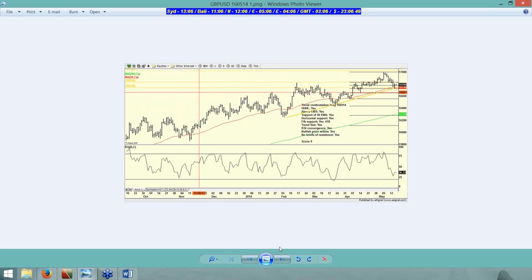Okay, your cable trade going long. Yeah, you got everything there. You didn't pick up on the hidden divergence, and I think you're going in a little too early on that bar. You need to see that second bar. So the trade was yesterday, but otherwise this is fine. You can't say yes to that unless you're saying yes, there is resistance, but you can't give that a 9 out of 9 when there's that big resistance at $1.70. Okay.